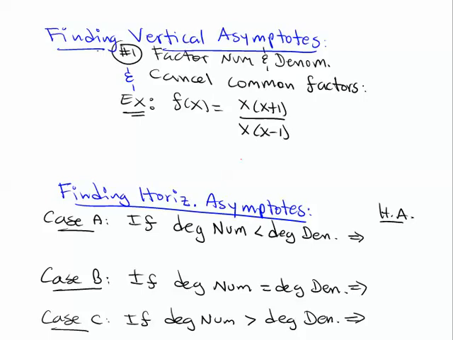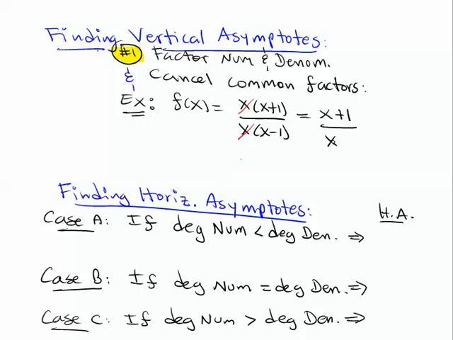When you're asked to find a vertical asymptote, the very first step is you have to factor the numerator and the denominator. And the idea is you should simplify the fraction before you find the vertical asymptotes. So in this example, f of x is x times (x plus 1) divided by x times (x minus 1). You can see that we can cancel out the x, and so you look for the vertical asymptotes